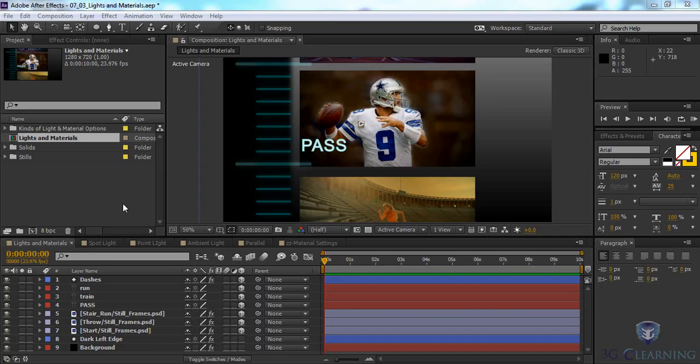Lights and material options go together like peas in a pod. Once you create one, you'll definitely want to go and change the settings for another. Now, before you create any lights inside your composition, it's important to pay attention to the renderer that you're currently